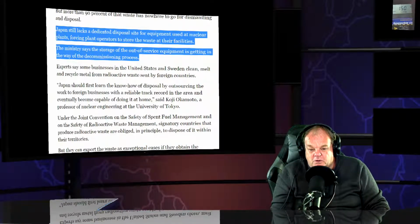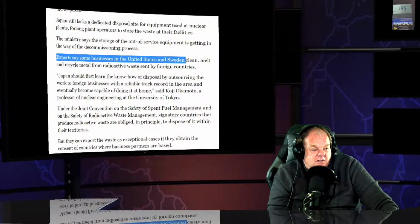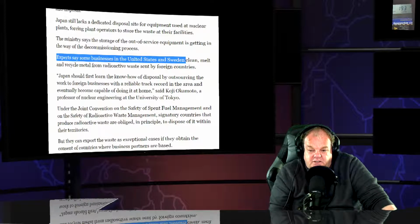The pools are stuffed way past their designs. Each building has two. The ministry also says the storage of the out-of-service equipment is getting in the way of the decommissioning process. Experts say some businesses in the United States and Sweden